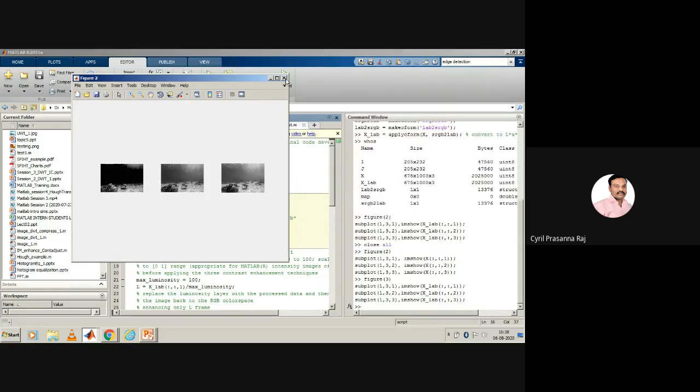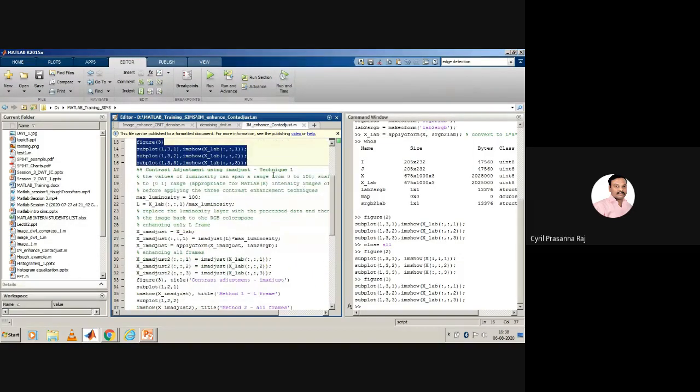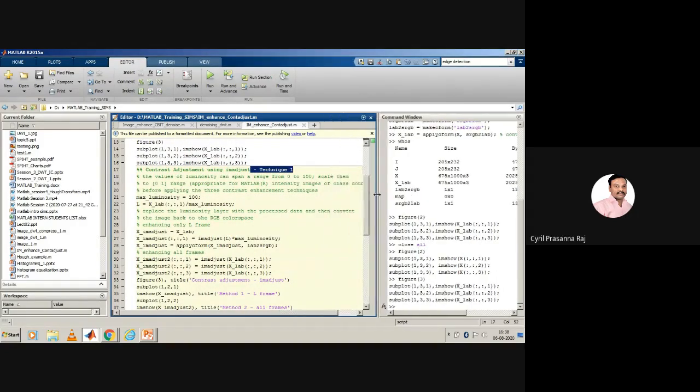So now let us take technique 1. We are talking about 3 important techniques here. In technique 1, it is contrast adjustment using imadjust. Here we define a constant called maximum luminosity as 100.